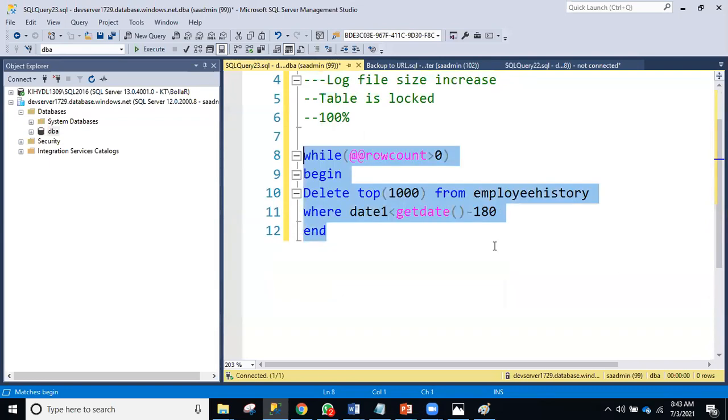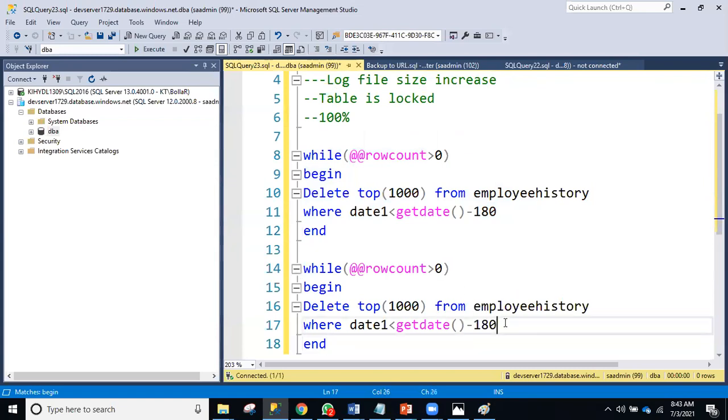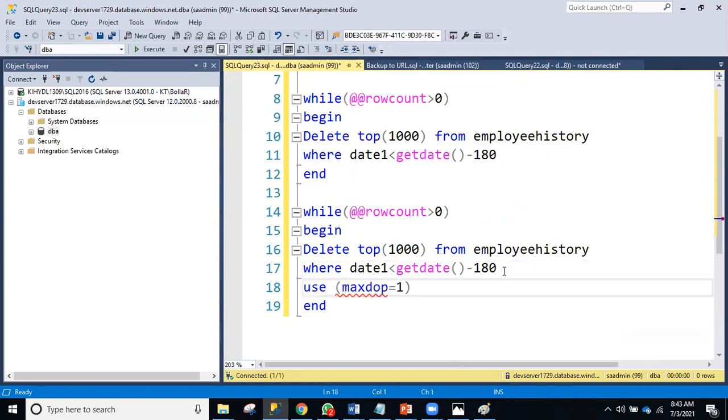See team, so that's MAXDOP. You can use MAXDOP, team. Okay, so here use MAXDOP. MAXDOP equals 1. I don't know the exact syntax, I haven't remembered it. Just give it like this. Okay, just Google the exact syntax.